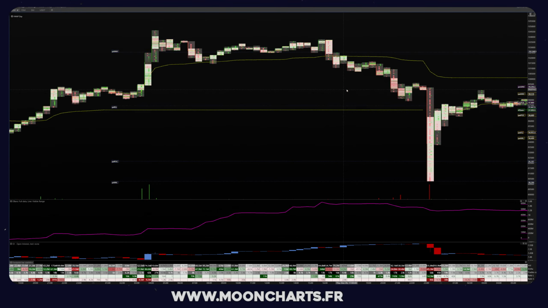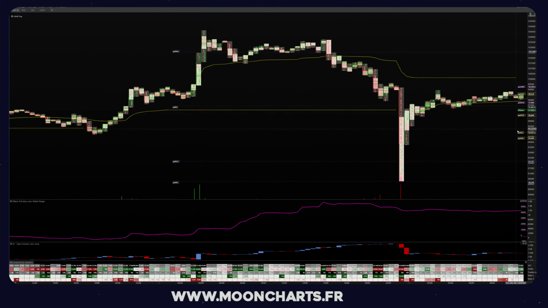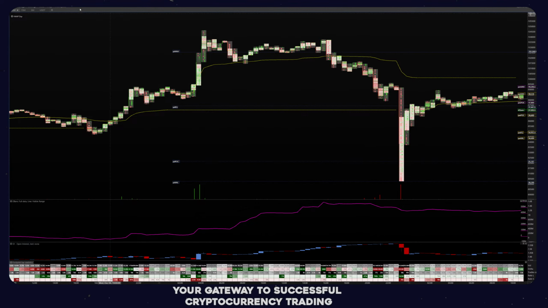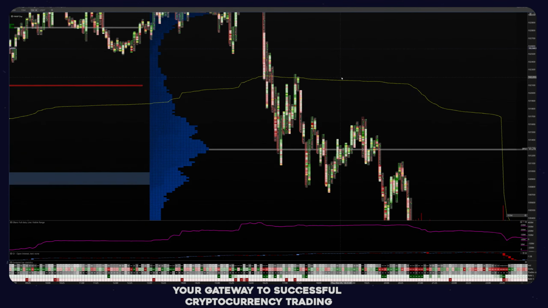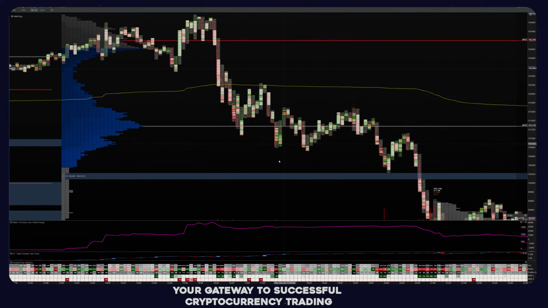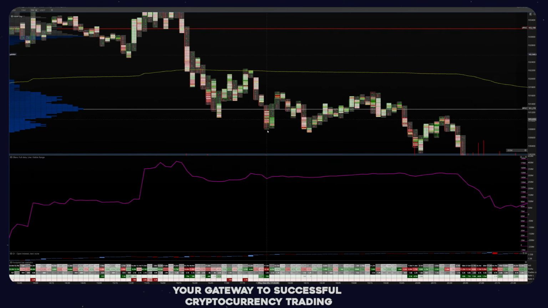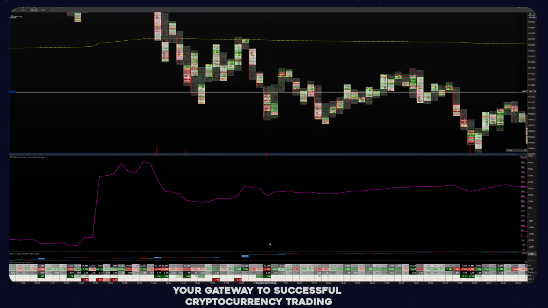Yeah, it's a game. Can't be all the time in front of the computer, but yeah, I took the short again after around there, simply because you still got some longs. You can see here on the 5 minutes, you got some people longing all the way down, so longs here, but got stopped out.